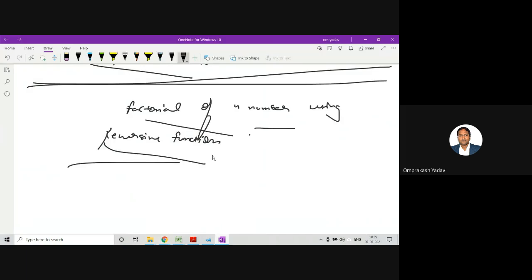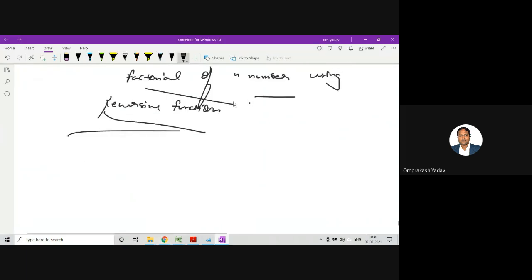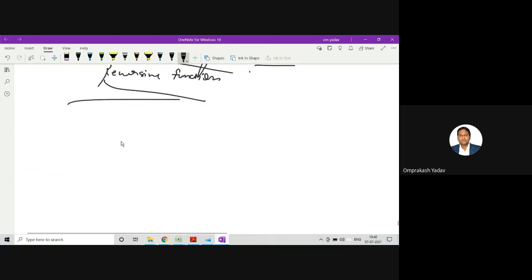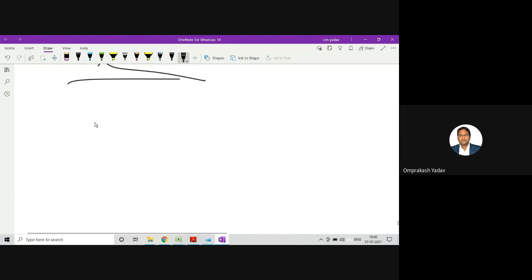Okay, so now let's see this factorial of a number using recursive function. Always remember how to write a recursive function program. You divide it into two parts. Any recursive function program is divided into two parts.